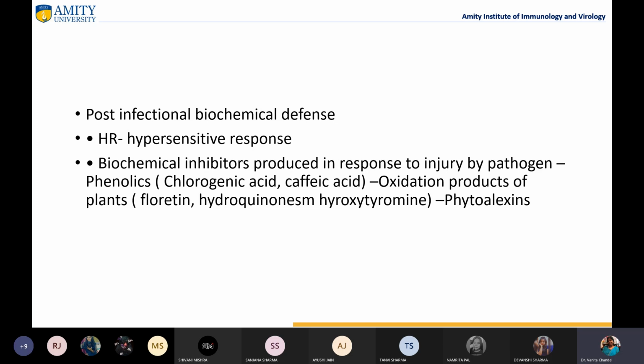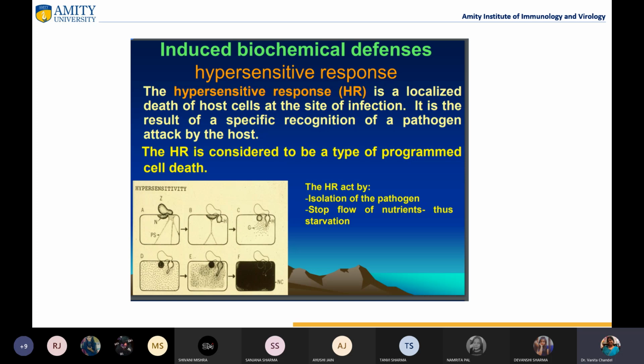So these are the post-infectional biochemical defenses. Induced biochemical defenses by hypersensitive response is the localized death of the host cell at the site of infection, and it is the result of specific recognition of a pathogen attack by the host. So if a host recognizes that there's a pathogen attack, it is able to recognize it, so it generates this